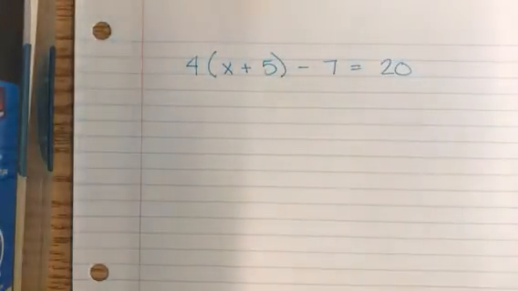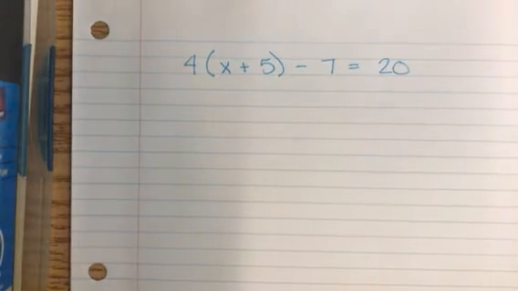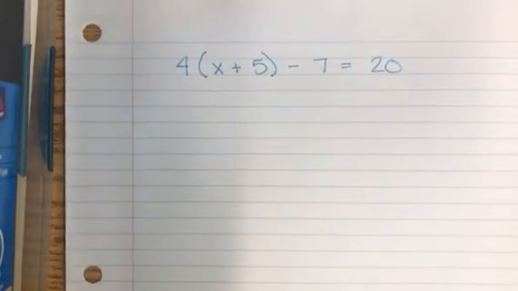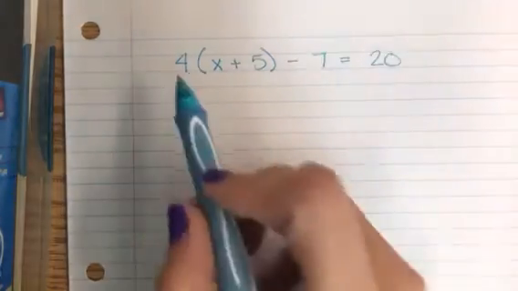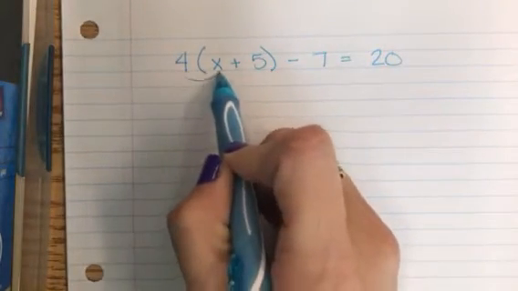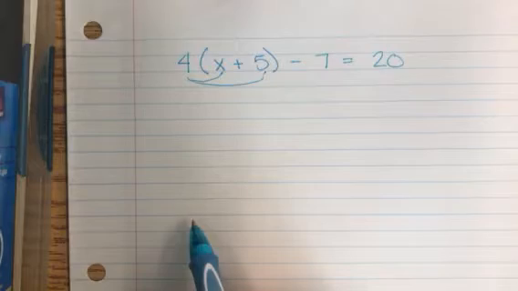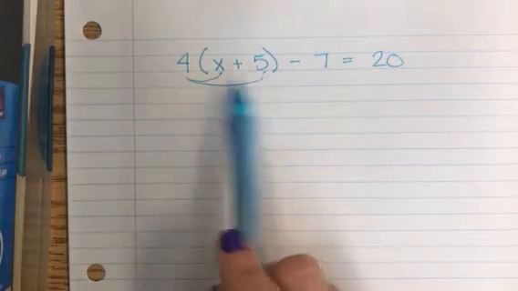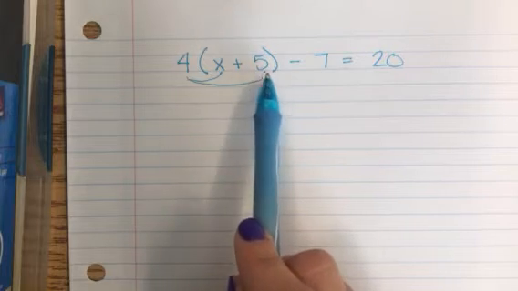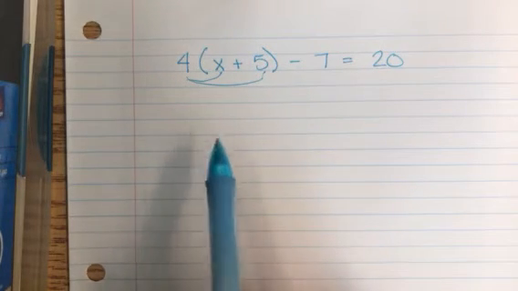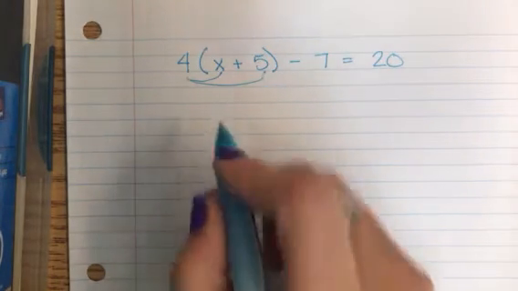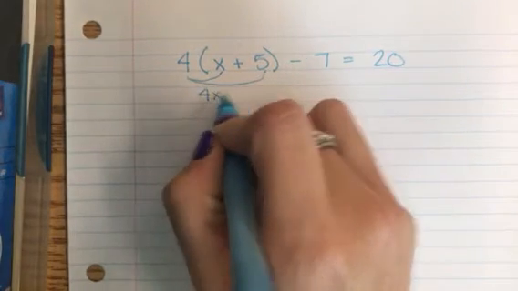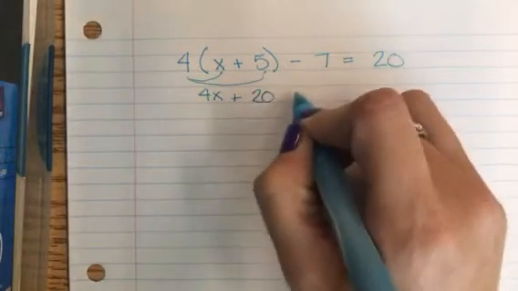Okay, so hopefully we would recognize that maybe if we had an equation like this, 4(x + 5) - 7 = 20. We should recognize that when we look at this problem, there are steps we can take to solve for x. So maybe what we'll do first is we'll distribute and pass out this 4. We should be able to explain that the reason why we can do that is because we can simplify when we see parentheses by using the distributive property, and we do that with multiplication. And so this would turn into 4x + 20